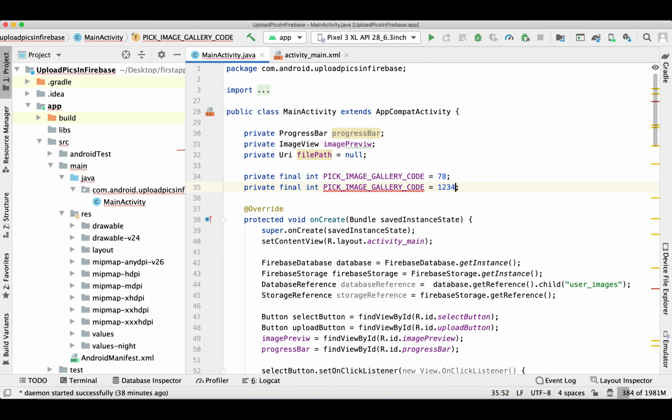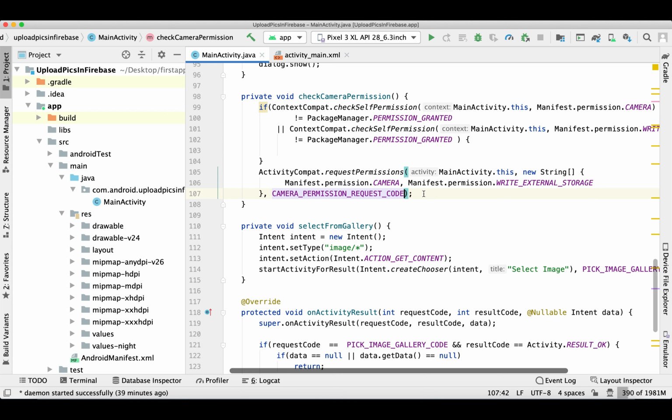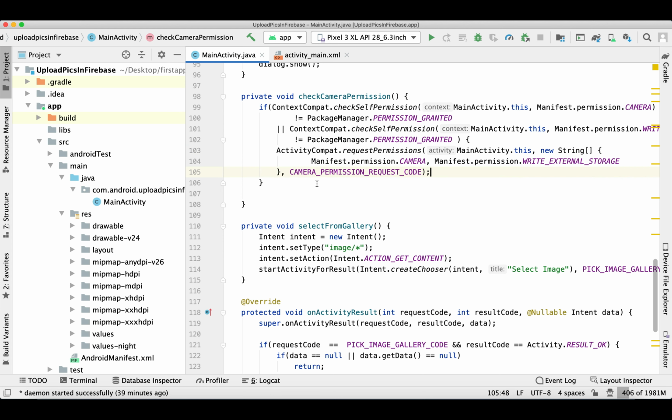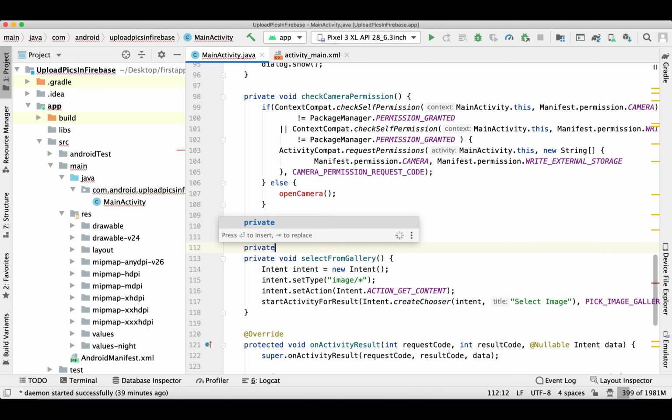So similar to the gallery, we'll define some request code. And this block of code will go inside the brackets. And in case of else, when permission is already given by the user, then we'll simply open camera.